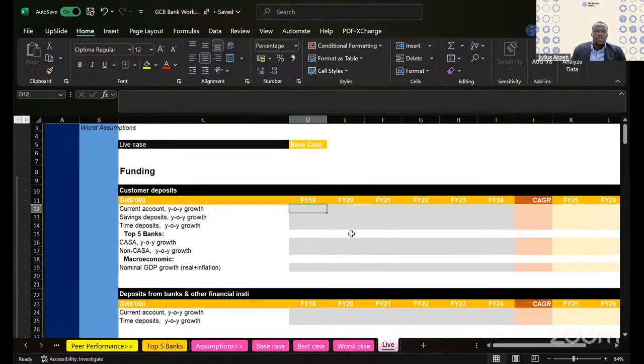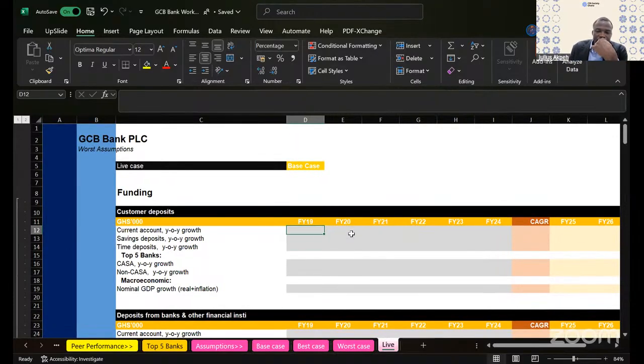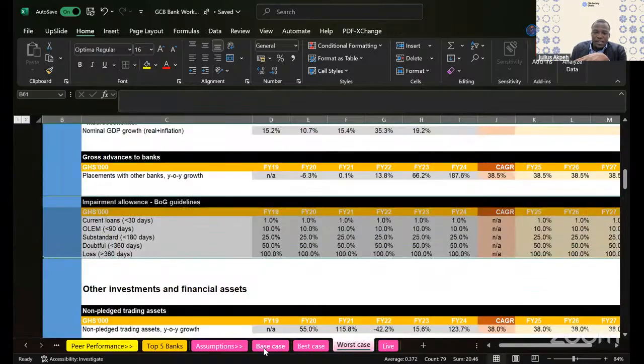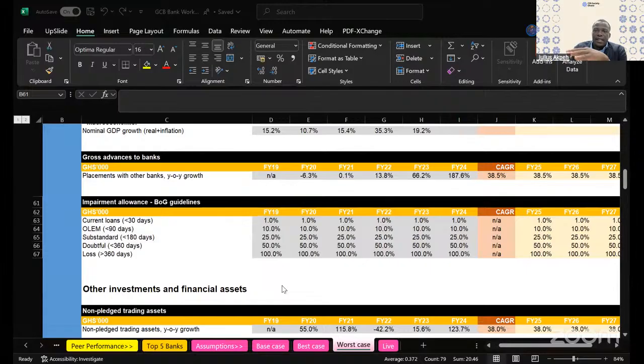All right, let's do something. So all we're going to do is this. We have our assumption sheets developed. We have base case, best case, worst case. Currently, they all have the same figures. But those figures, I mentioned earlier, are base case figures. And then we will later make adjustments to the best case and the worst. Okay, now